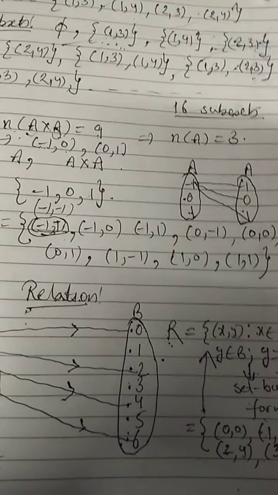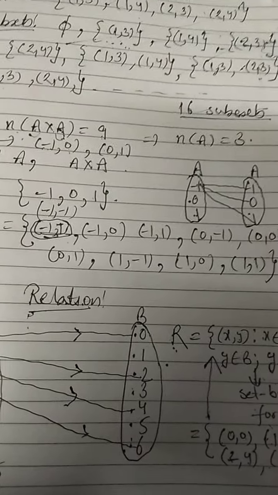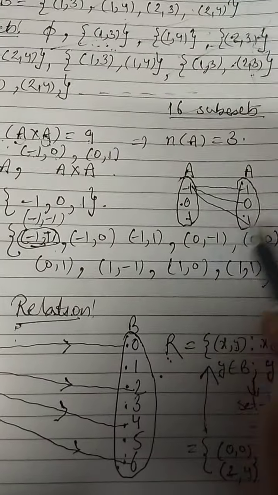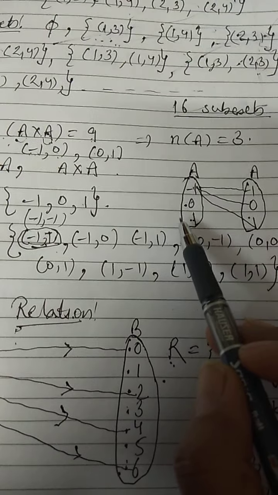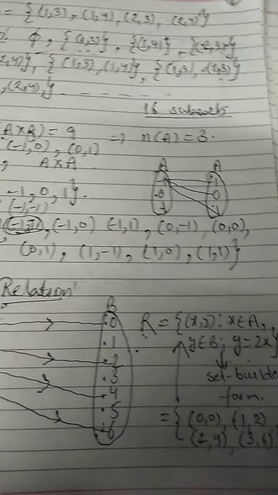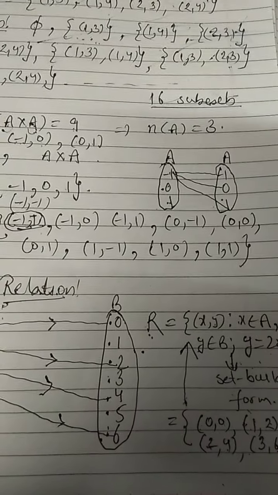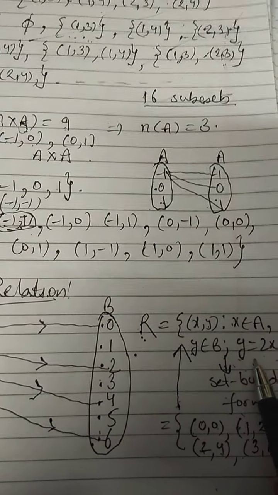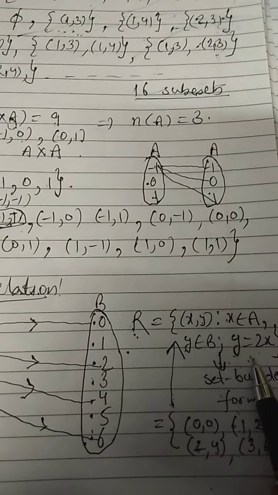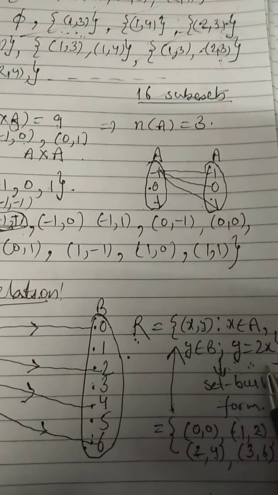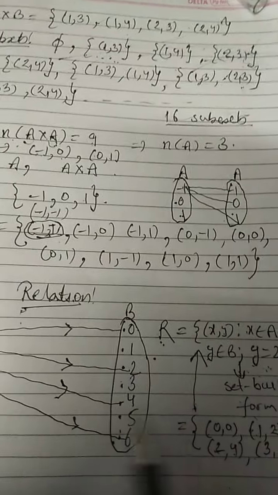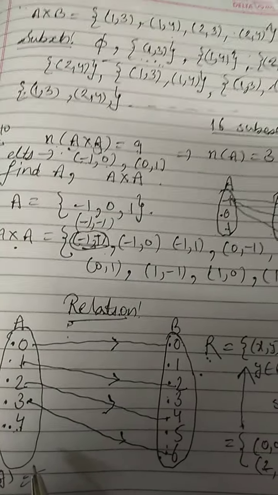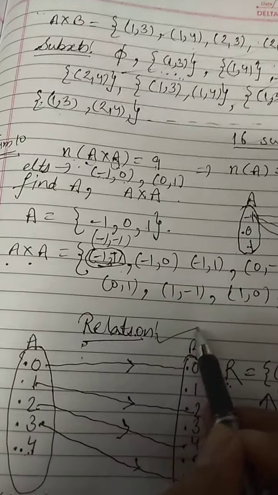There is a small difference between the Cartesian product and the relation. Cartesian product means all the possible combinations of every element of set A to each element of set B, but a relation is not every possible combination, but those combinations which are satisfying a certain criteria. This criteria I am fixing here. Likewise, you can fix any criteria based upon which you can have a collection of a few selected ordered pairs, and that collection will be called a relation.